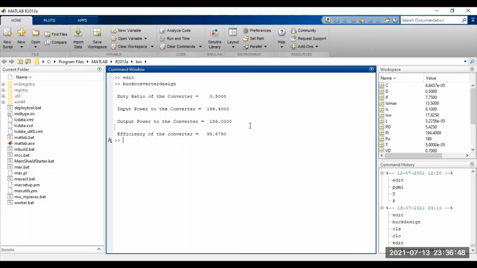Then what I did is, I have done the coding with the help of MATLAB, and I have shown you how to design a buck converter by using MATLAB. Likewise, you can do any number of codings according to your design, or if you want to solve a particular numerical example. This is the way how to do the coding. After completion of the video, you need to understand how to do the coding, provide the suitable input, and call the variable. Later, you can do the design or put some equations.